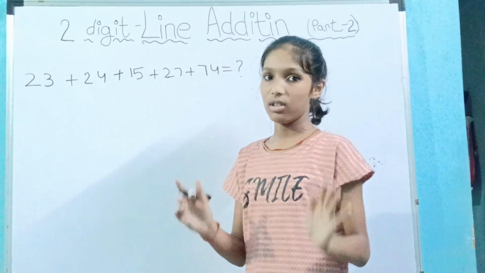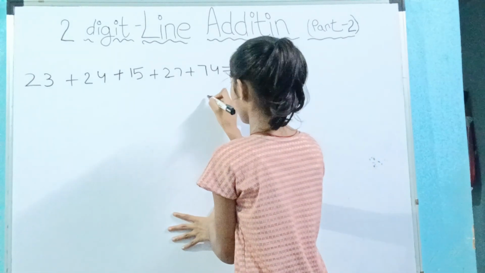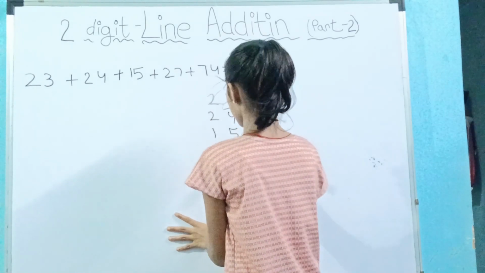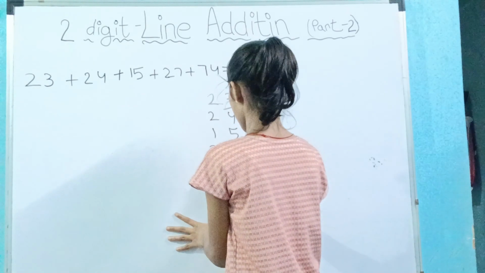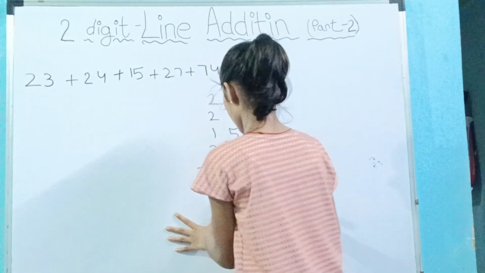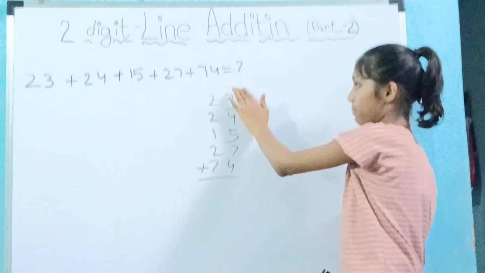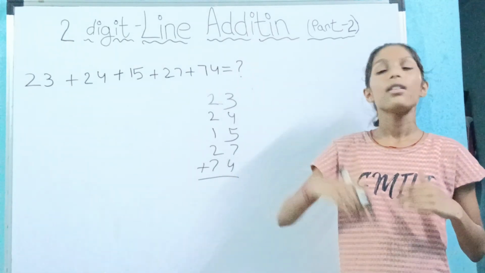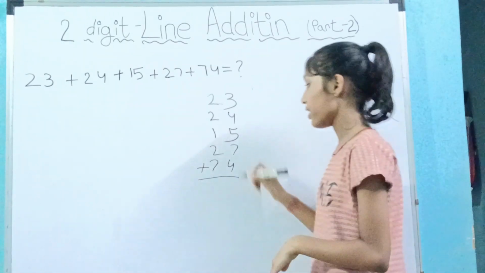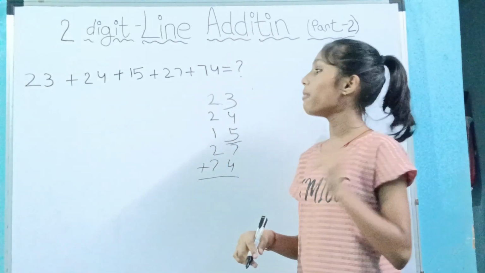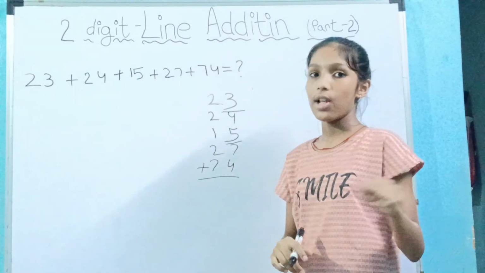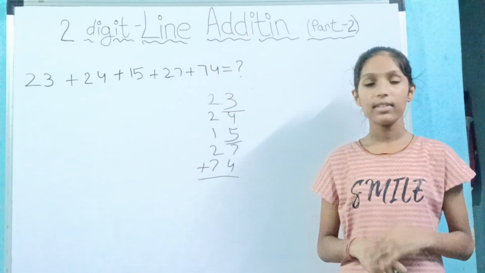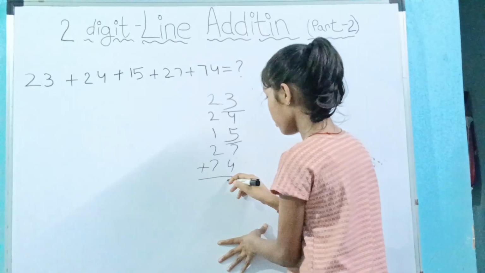So we write the question in a row. So we write 23, 24, 15, 27 and 74. Now, first of all, we begin from the ones place, and this is the tens place. So, ones place 7, down to up. So, 4 plus 7, we are getting 11. Drop a 10 and add 1 here. 6 plus 4, 10, exactly 10, so drop here. Now, 0, because 10 has ones place 0. So, 0 plus 3 is 3 only. So, we can write 3 here.